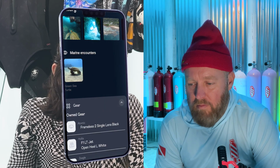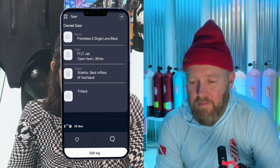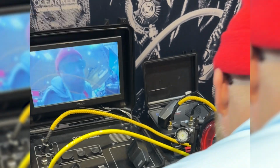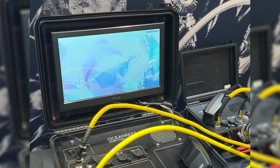And everyone else can see it too. When they look at your dive log, they'll be able to see what gear you listed for that dive. Honestly, this is probably the most fun thing, to go and creep on someone's profile. Their gear, what are they wearing? So when I see a wetsuit or a mask or fins that I think are so cool, maybe I'm not